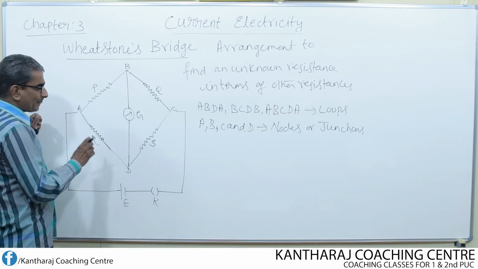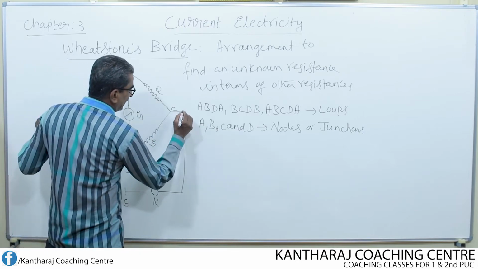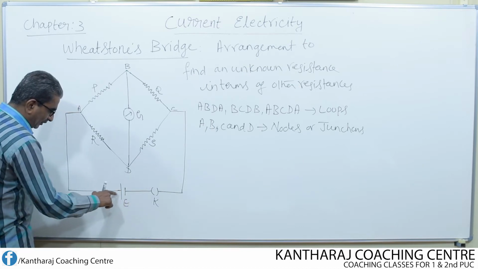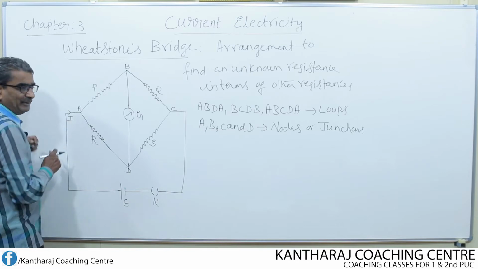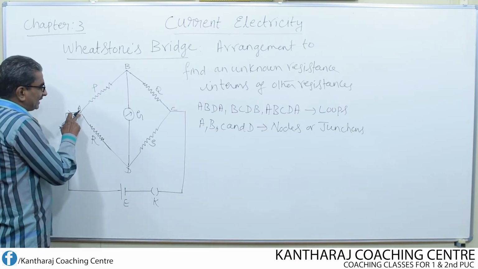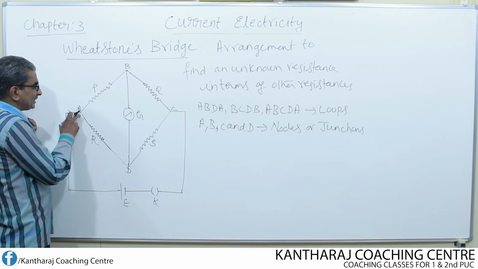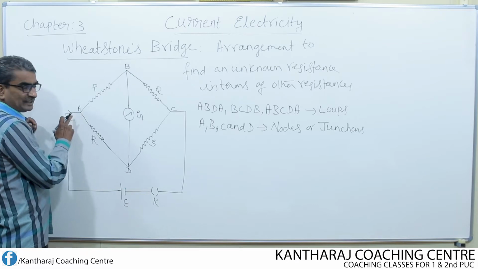Now let us pass the current. That means I reconnect the point A and C with this branch in order to pass the current. Now the conventional current starts flowing from the positive terminal. Let I be the main current. Then this current, after entering into this junction, that means soon after reaching this junction point A, this splits into